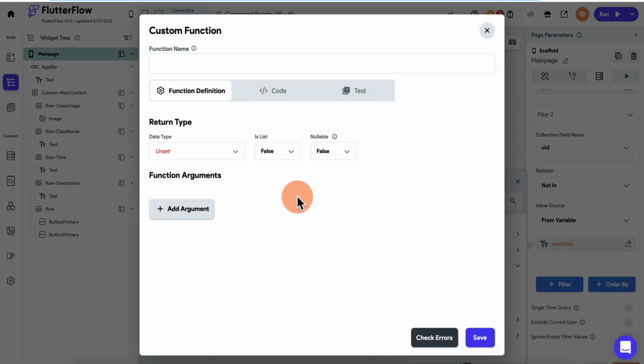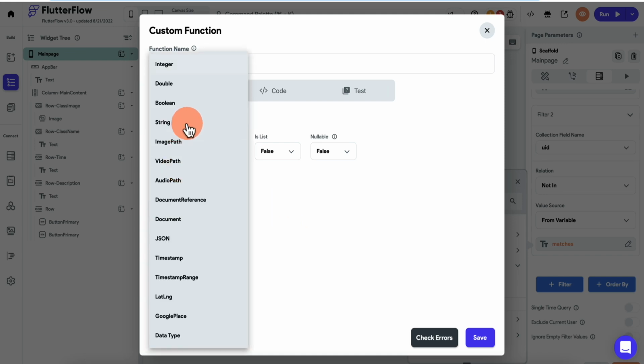So what I'm going to do is create a new function here and call it combine lists. All this function is going to do is combine two lists, matches and rejects. It's not going to check the user. It's not going to filter anything. It's going to combine both lists, and it's going to allow us to check on that combined list, okay? So this function is going to take two lists, combine them together and return just one